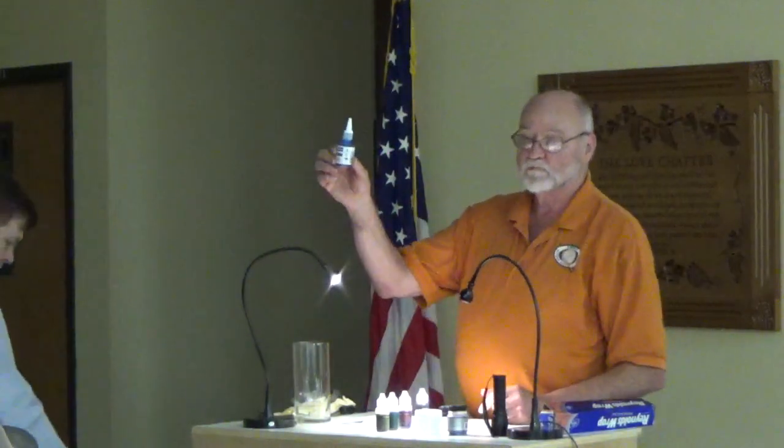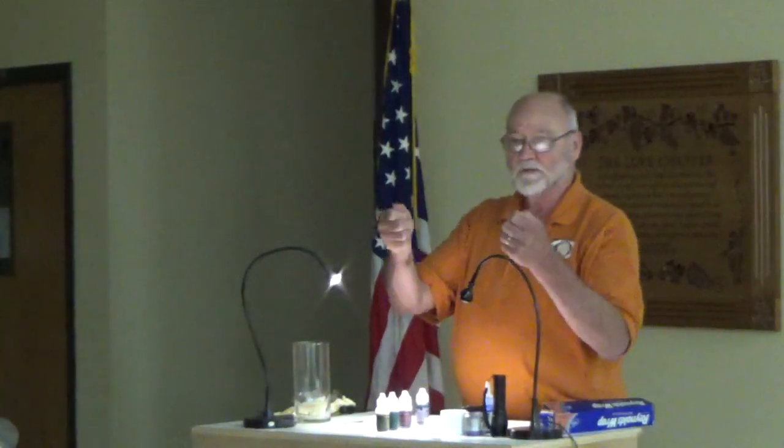This is from Craft Supply, artisan wood dye that you would take a brush and put on the outside of a bowl or something. Can't use it for stabilizing. It will not be absorbed into the piece of wood. It will stay on the outside. It'll look pretty when you take it out of the oven, but cut it open, it's not going to be. That's it. The other ones that I passed around,